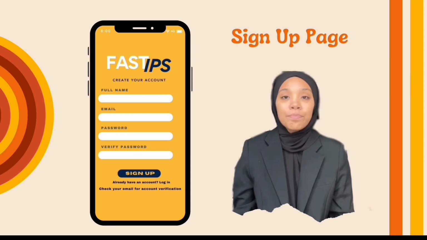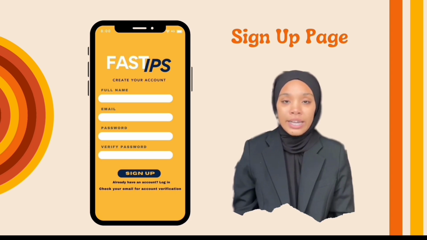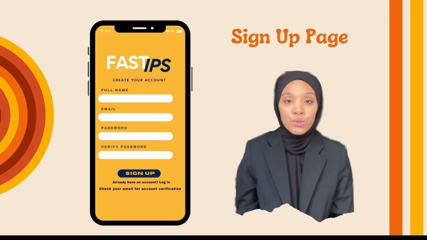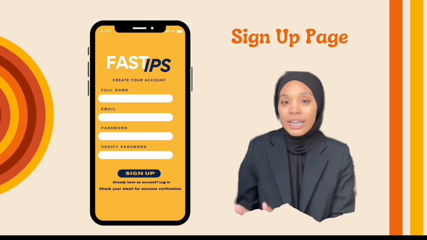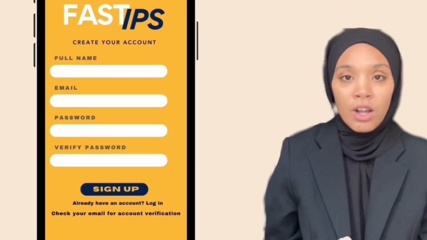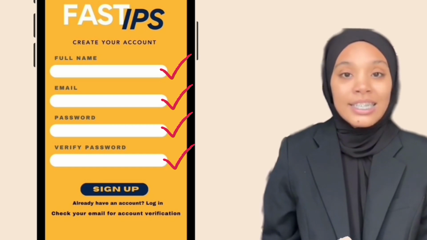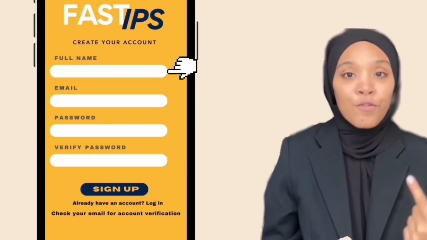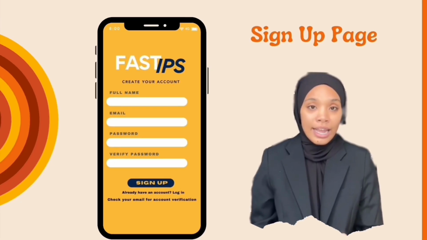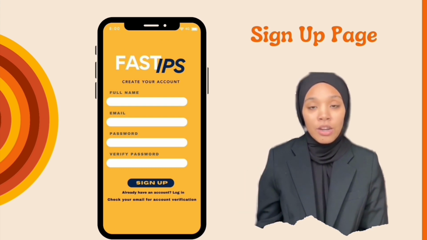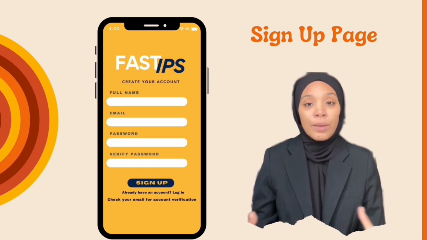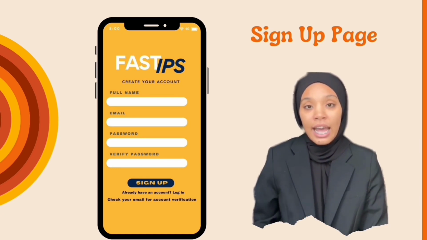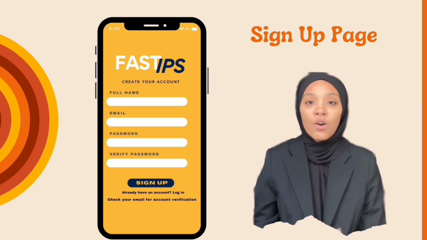account. Its main purpose is to collect user data and login credentials in order to create a distinct user identity within the system. Next, once they click the button, they need to fulfill all the requirements, such as email, full name, and password. Then they can proceed to click the register button. By doing so, the user uses their login information to access the application and enjoy features that are only available